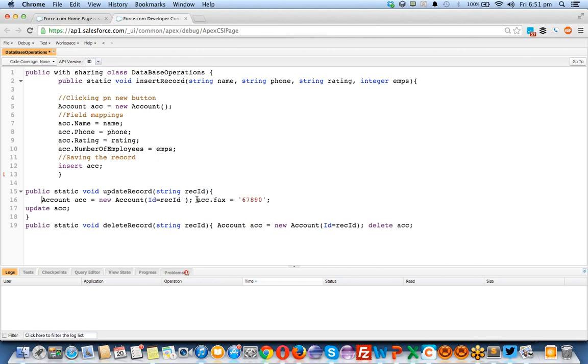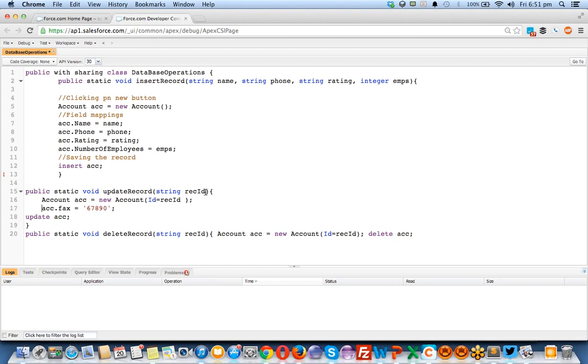I'm just putting some fax value, or else I can even accept some value here by putting string fax, and I can directly use the fax here. You're making the static to dynamic thing now.